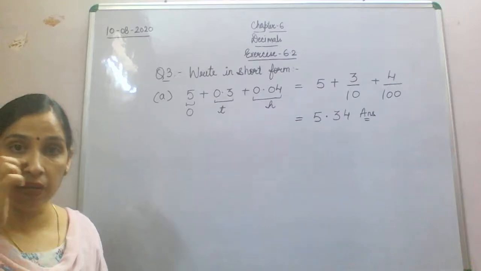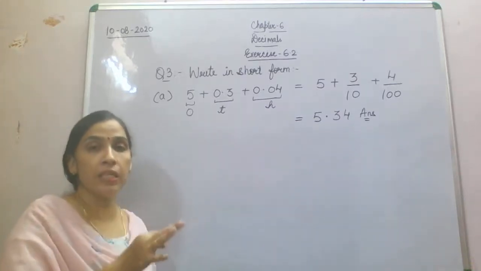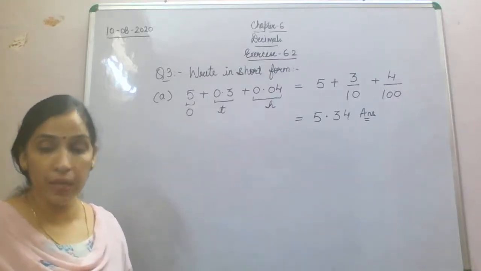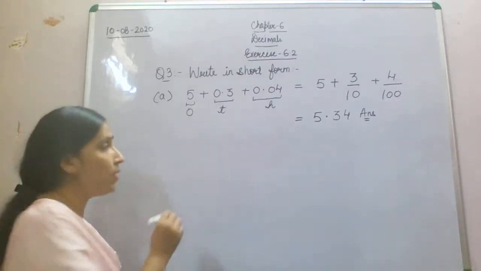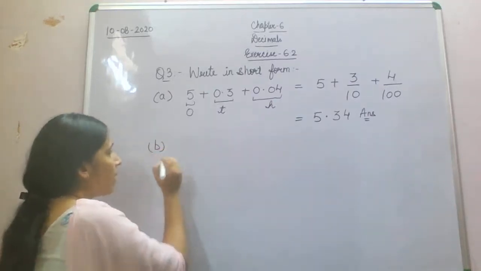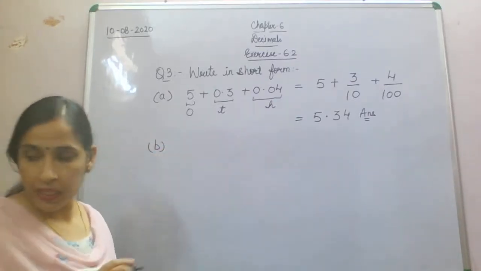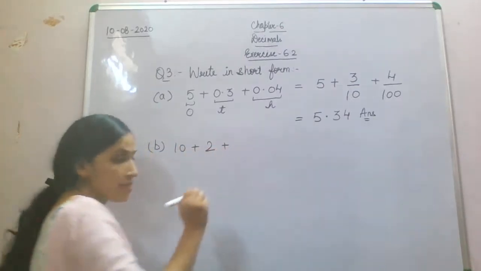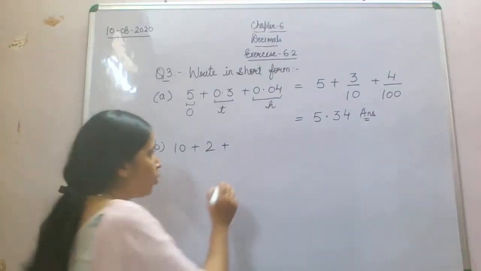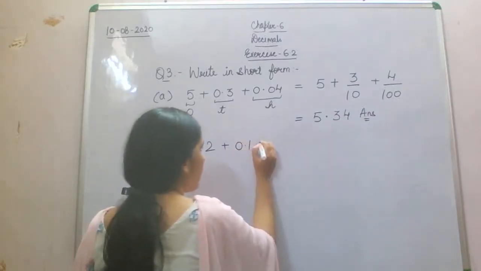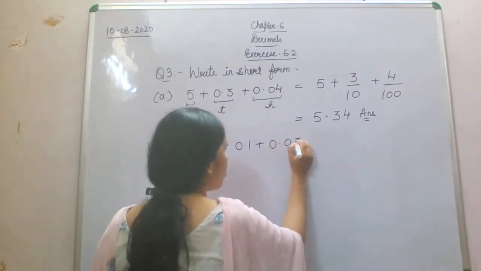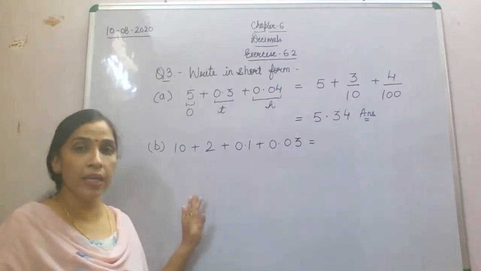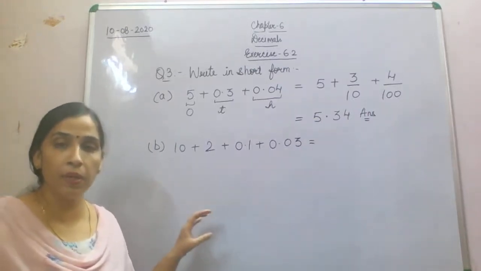5.34. So what we have done? We have written the expanded notation into decimal form or in short form. Fine. Now we'll take second example. B part of this question 3, that is 10 plus 2 plus 0.1 plus 0.03. Now, if you will see this question, you can easily guess which is the whole number part and which